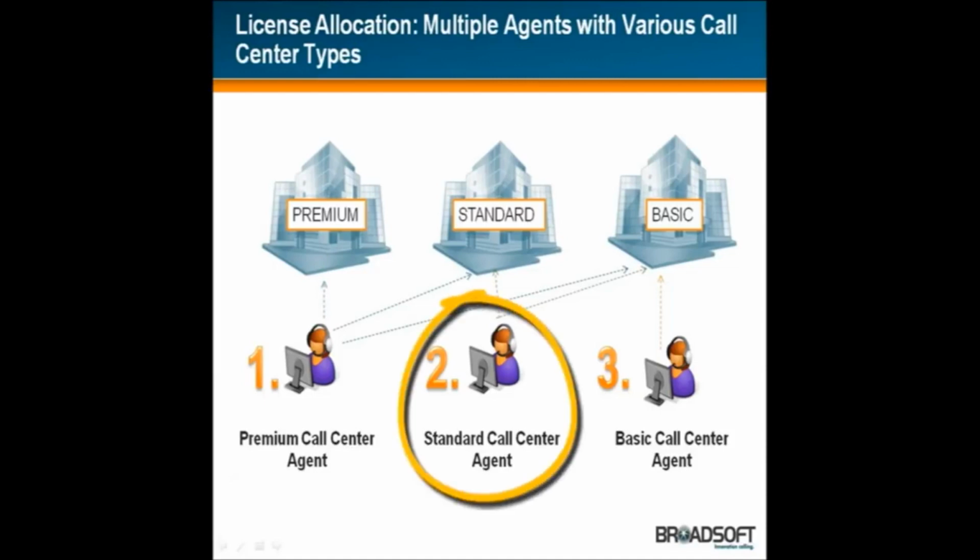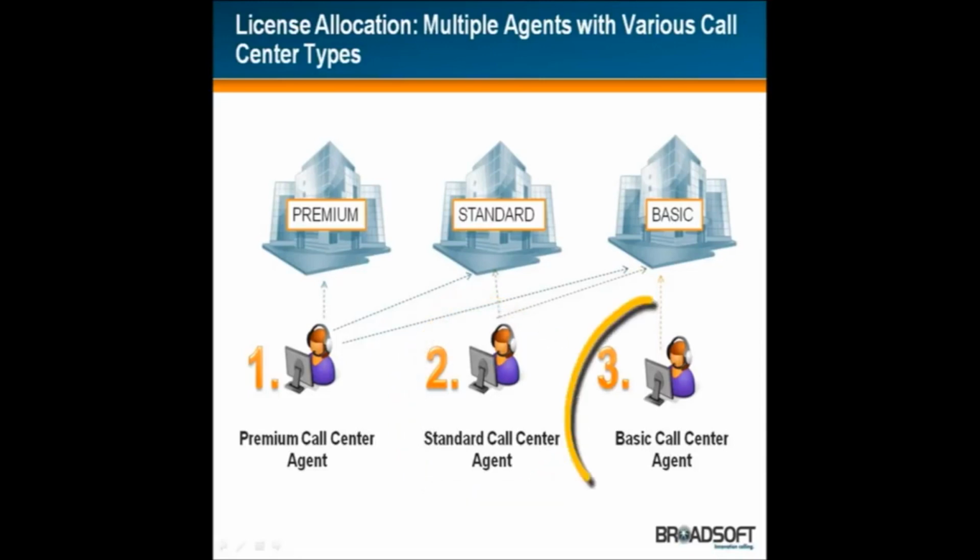Agent number 2 represents a standard call center agent. If a user is assigned a standard call center license, they can be assigned to any standard or basic call center within that enterprise group. Agent number 3 represents a basic call center agent. If a user is assigned a basic call center license, they can only be assigned to any basic call center